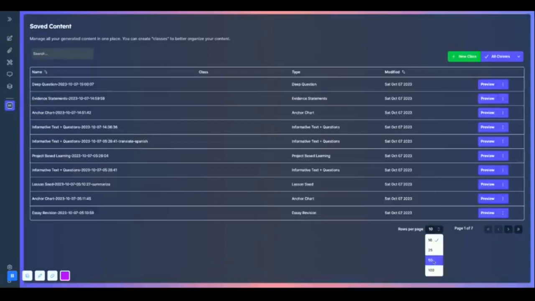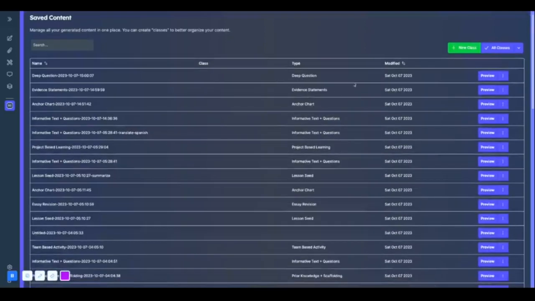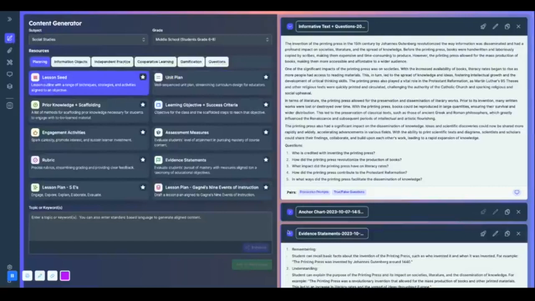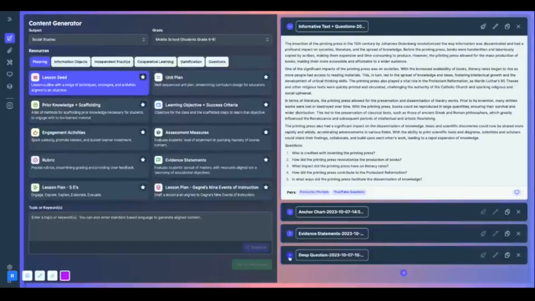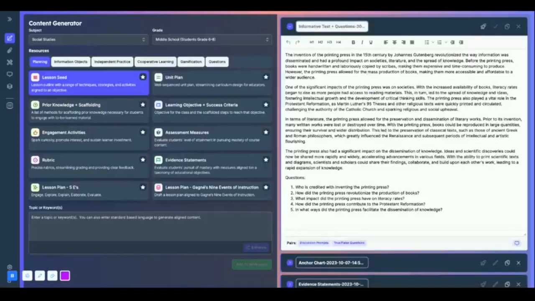We can filter them by type, by last modified, by name, and of course you can sort them into different classes. Jumping back, we also give teachers granular control, which is a second key idea. Granular control means that you can go into these generative outputs on the same platform and have the ability to play with them,